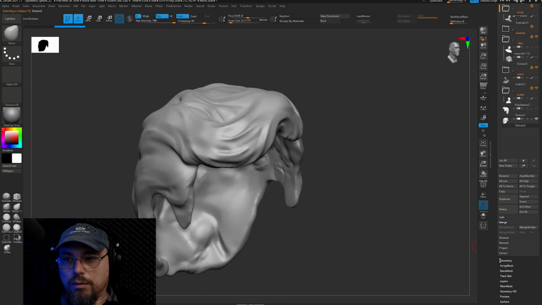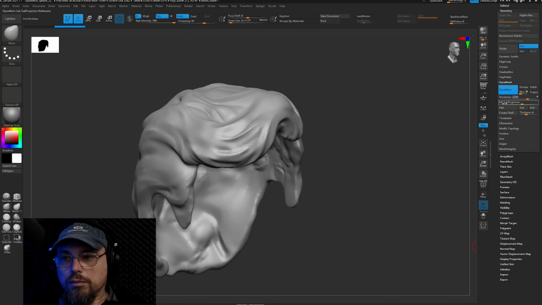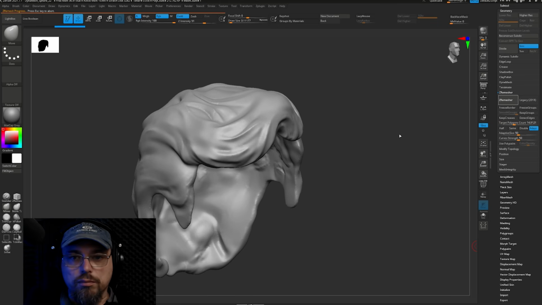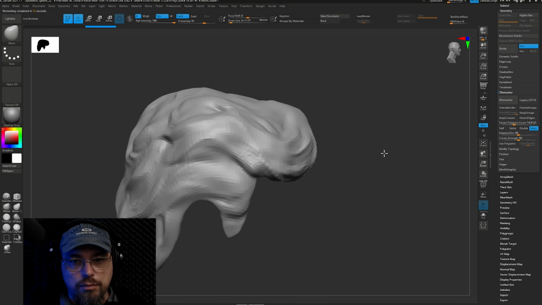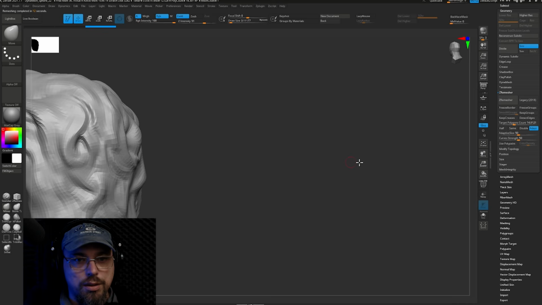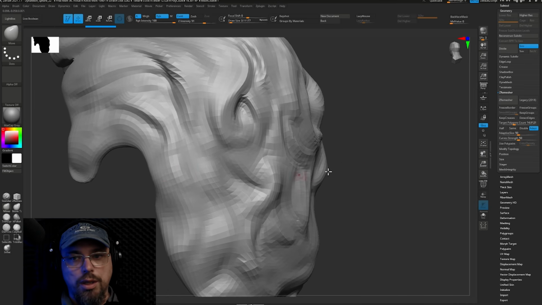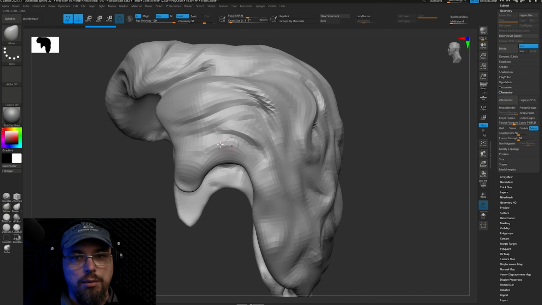Duplicate it, ZRemesher, geometry, ZRemesher. Yeah, we have some level of flowiness. Basically the geometry is a little bit more organized than if we DynaMesh, because after DynaMesh it's kind of like